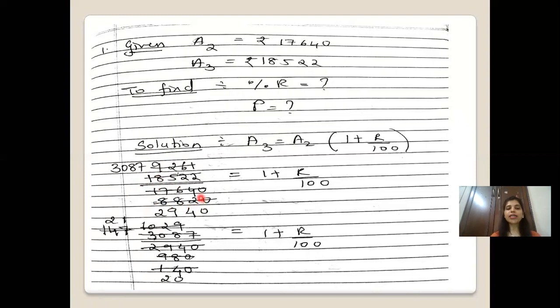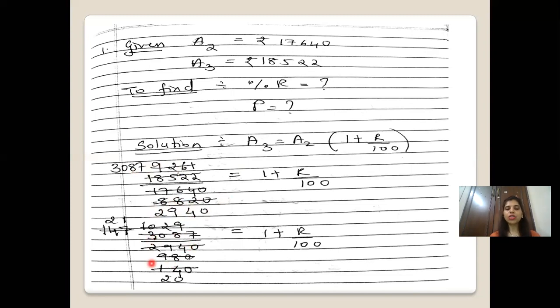So now you divide 9261 and 8820 by 3. So here you can see 3 3s are 9, 0, as 2 cannot be divisible by 3. So now you take these two numbers. 3 8s are 24, 2 carry over, 3 7s are 21. Now you divide 8820 with 3. So 3 2s are 6, 2 carry over, 3 9s are 27, 1 carry over, 3 4s are 12, 0. Now you got 3087 and 2940.